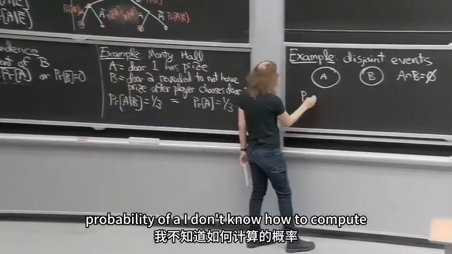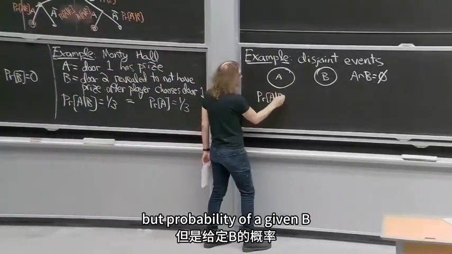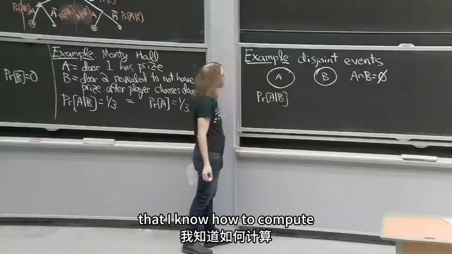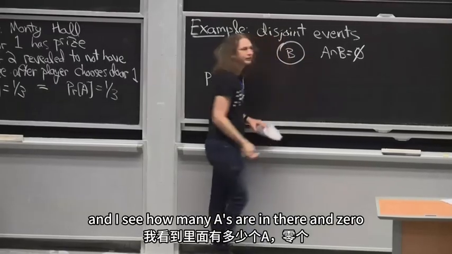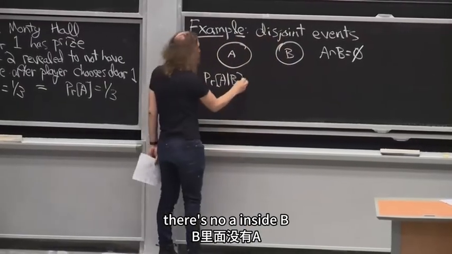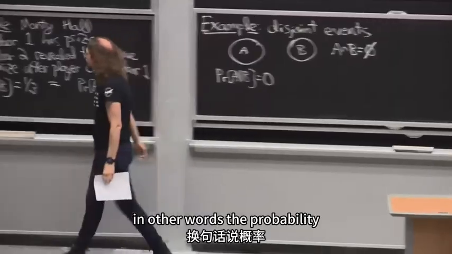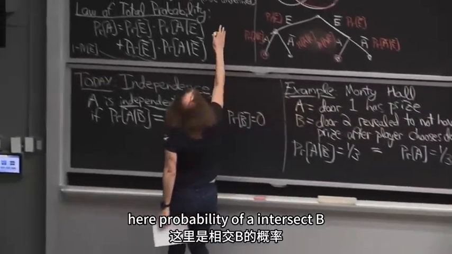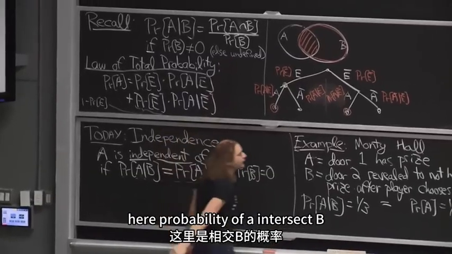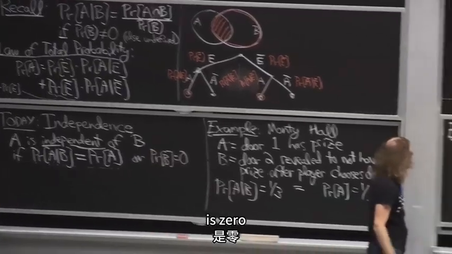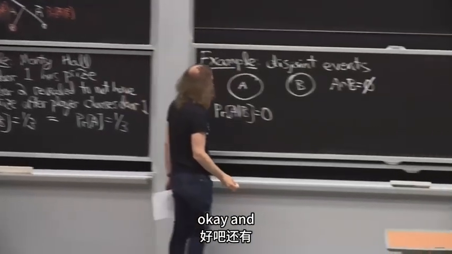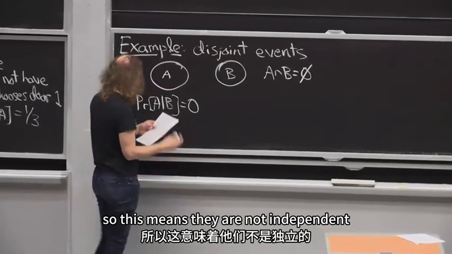Probability of A, I don't know how to compute. But probability of A given B, that I know how to compute. I zoom into B, and I see how many A's are in there, and 0. There's no A inside B. In other words, the probability of A intersect B is 0, because there's no intersection. So whatever the denominator is, 0. And so this means they are not independent,